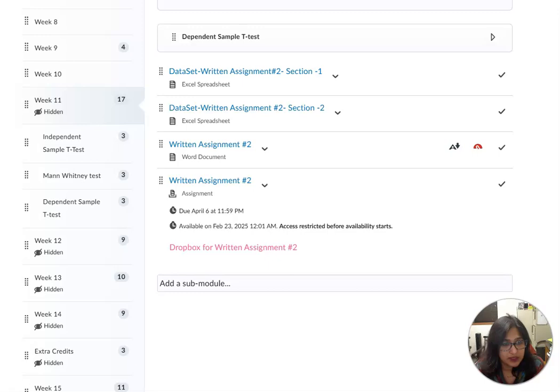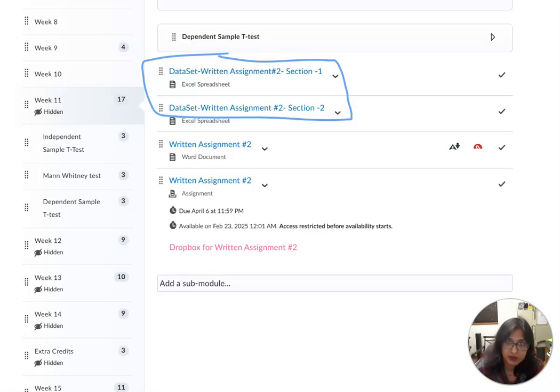Let me put this in a different color. These are the data set. You don't need the data set unless you want to run the statistics yourself through SPSS. What you need is this Word document that has the assignment in it, and it gives you all the details. So let's look at that one.